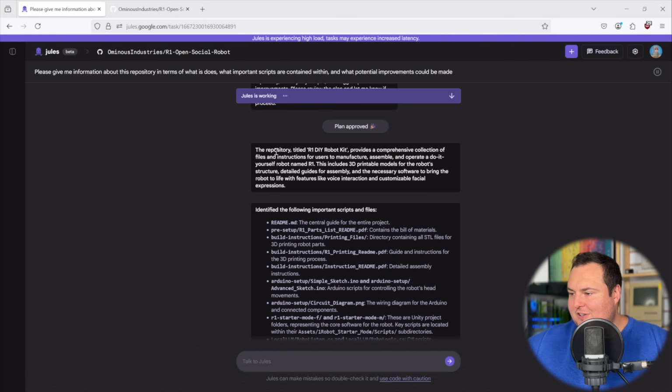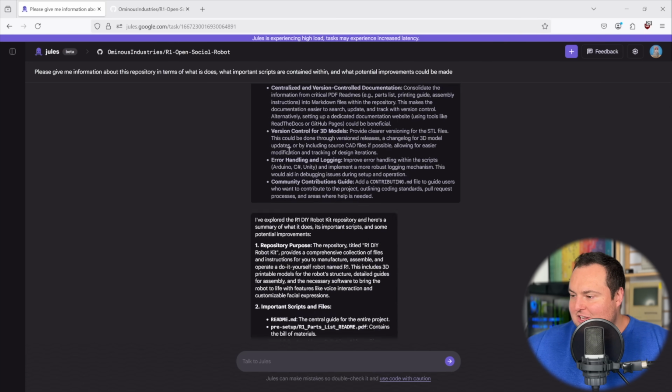Now, obviously, some of these are fairly simple, and as I had said for Codex, just basically giving a summary of this repository could be done by a much simpler, smaller local LLM because it can see the README and understand the gist of what the repository is aimed to accomplish. However, beyond that, I find what's interesting is